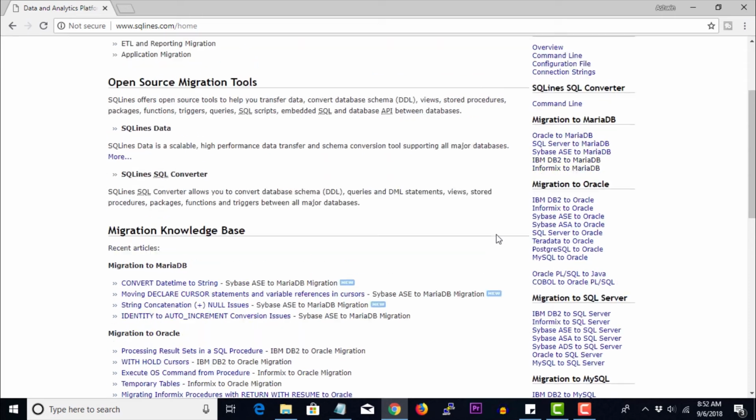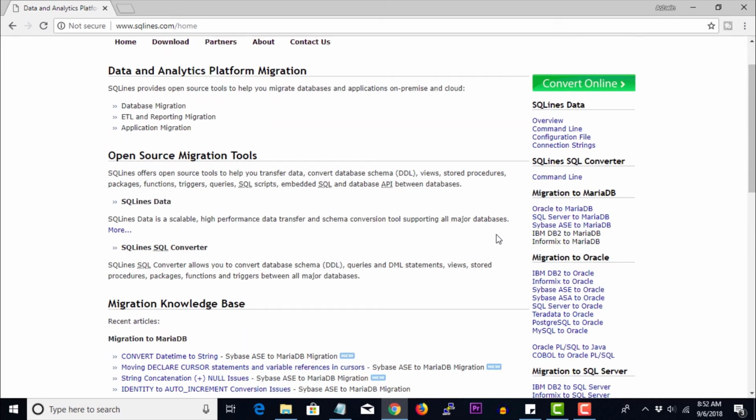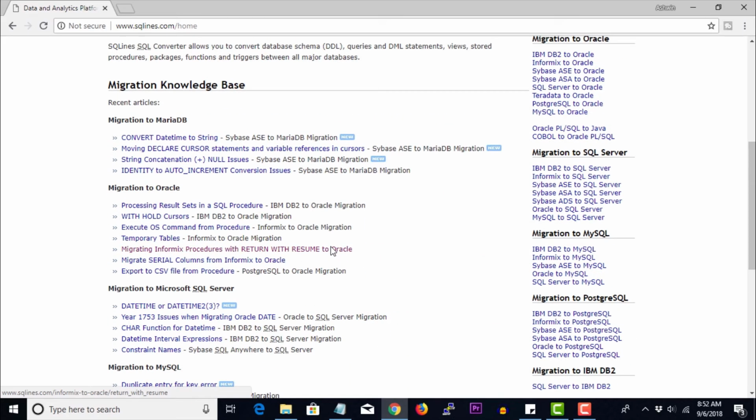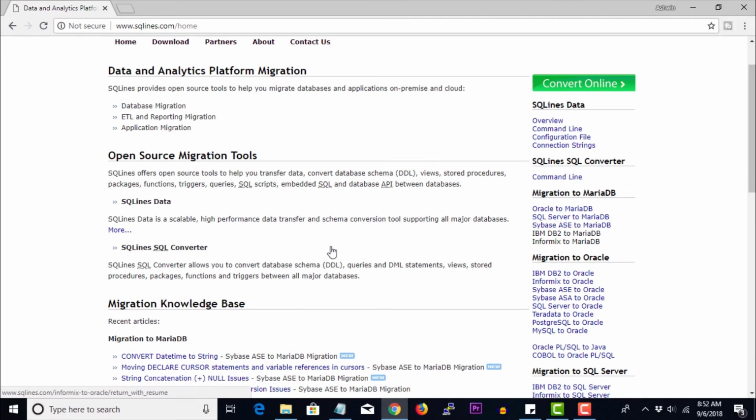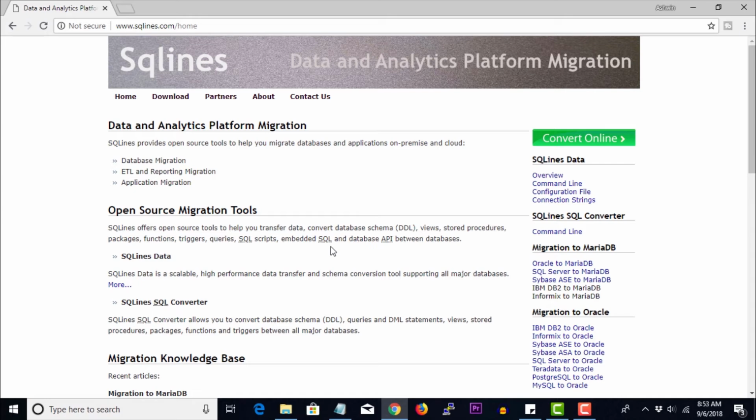The website has very good tools for database migration, and there are many articles that are going to be very interesting for people who work with databases, like career DBAs working on multiple databases at the same time.